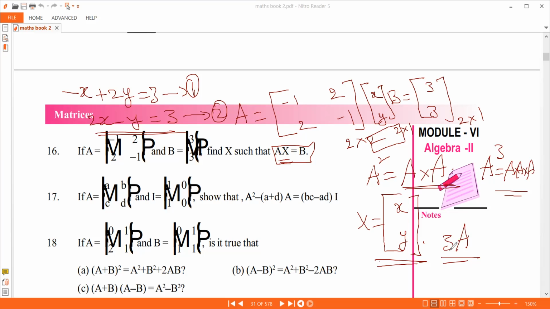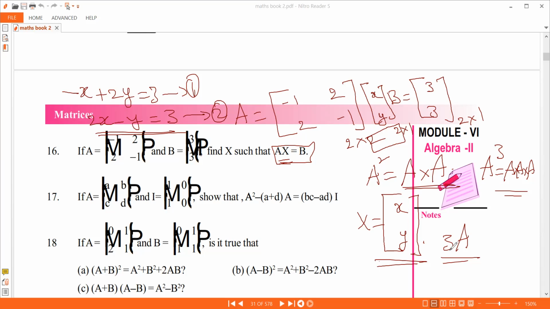Now A plus D times A means? Multiply A plus D with every element. Okay. But it's minus A plus D. Whatever. That we will take care of later. First, you multiply A plus D into A. I have to multiply A plus D to every element of A. Yeah, every element of A. Try to do that.